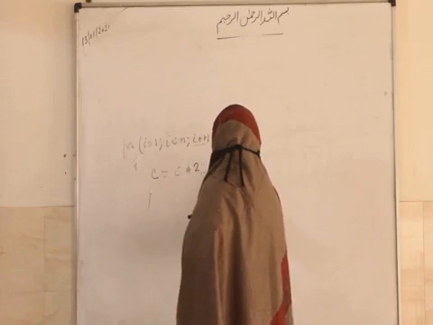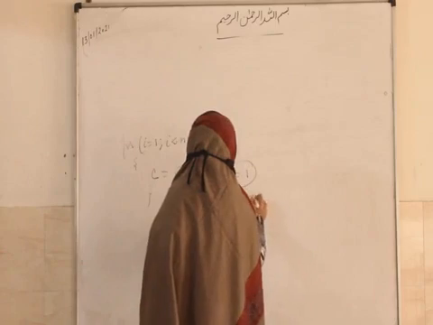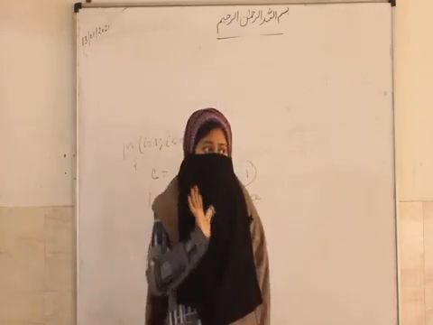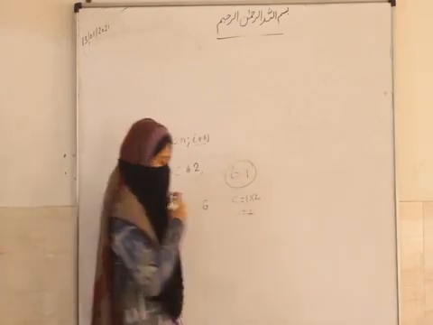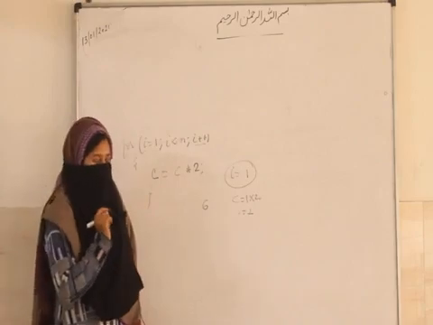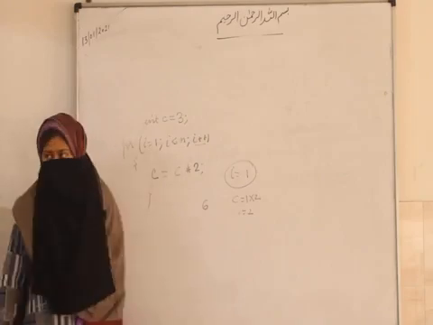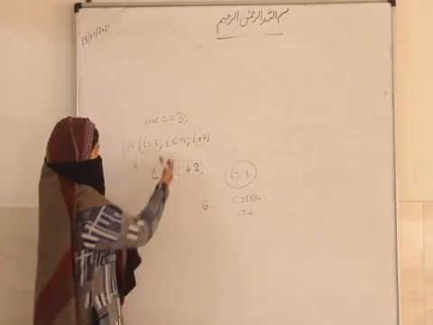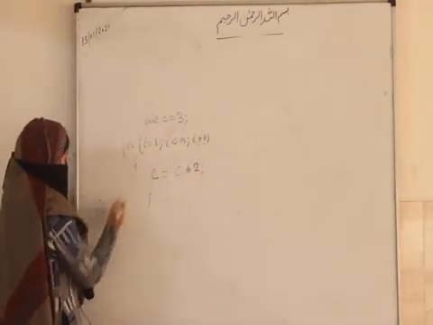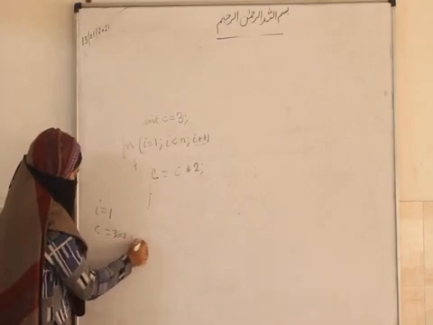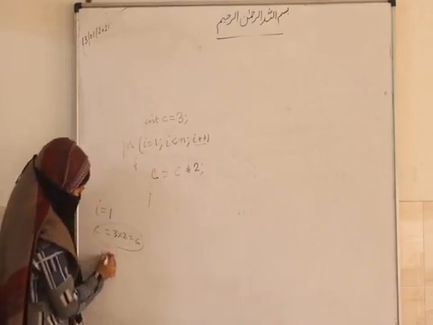So let us take the first iteration. In the first iteration, the value of I is 1. So the value of C will be 1 into 2, that is 2. But we don't want to print 2. We want to print 6. So what you can do is initialize this variable C as 3. If the value is initialized as 3 somewhere in the program, then for the first iteration the value of C will be 3 into 2, that is 6. That will be printed. Then for the next iteration, I equal to 2.